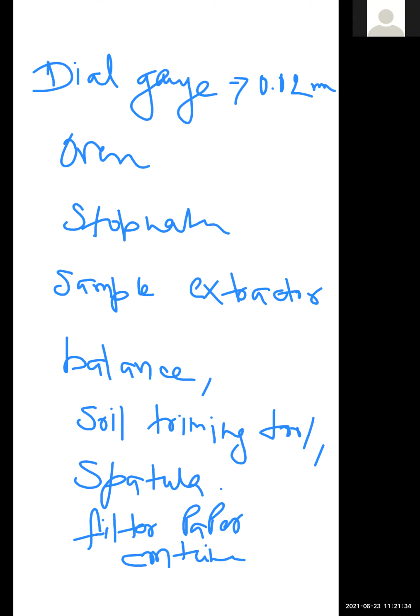From the sample tube, eject the sample into the consolidation ring. The sample should project about 1 centimeter from the outer ring. Trim the sample smooth and flush with the top and bottom of the ring using a knife. Clean the ring from the outside and keep it ready for wetting. So the remolded sample is prepared.